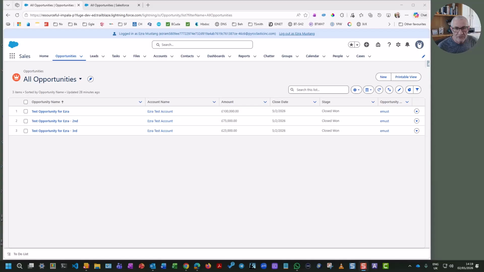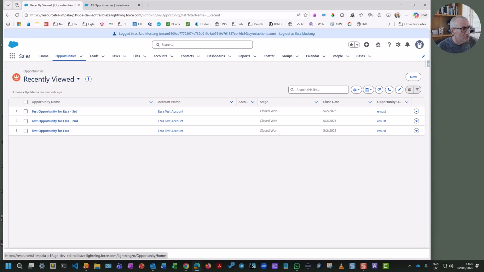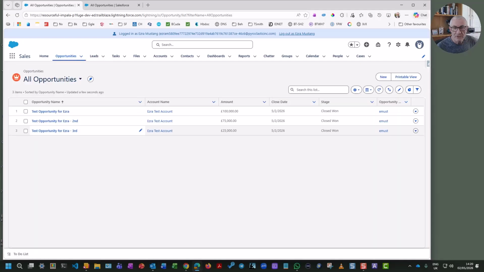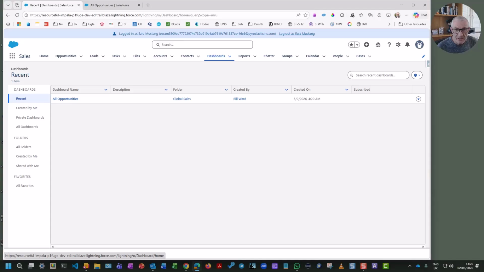Now let's have a look to see how Ezra can see this data. So I'm logged in as Ezra Mustang in exactly the same organization. And if we go and have a look at all opportunities, because the sharing is private, he can only see his own. He cannot see mine. But if we go to dashboards and we see what he can see on the dashboard,